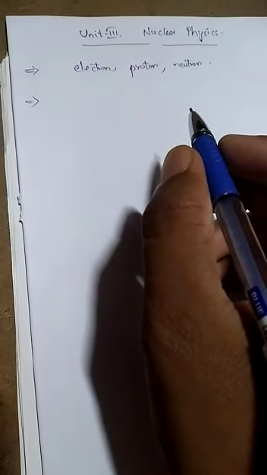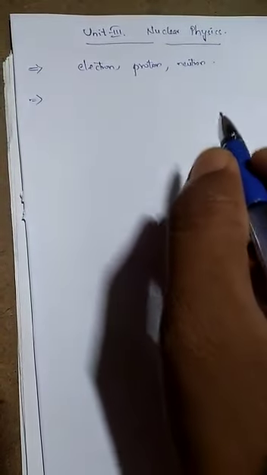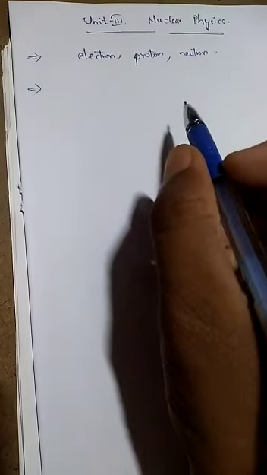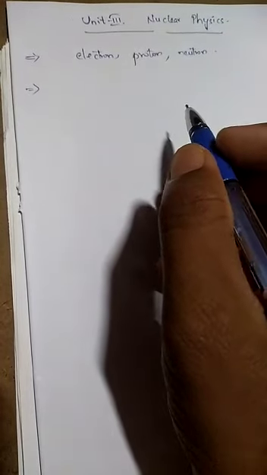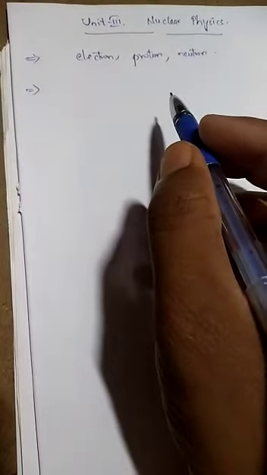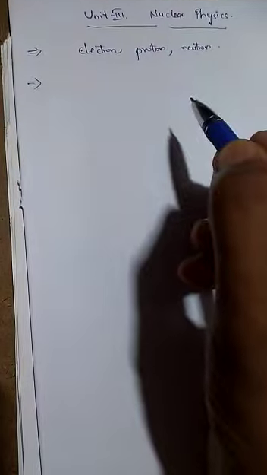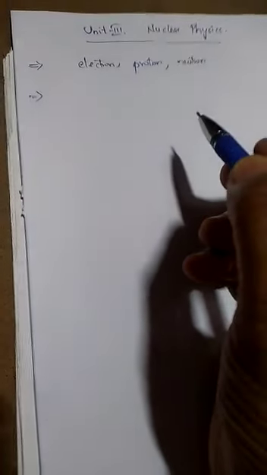So according to atomic models, every atom consists of three subatomic particles, that is electron, proton, neutron. According to the Bohr atomic model, every electron is revolving around the nucleus in a specified path in a circular orbit. So here the electron, a negatively charged particle, is revolving around the nucleus. Only the proton and neutron are present in the center of an atom. That center of an atom we call the nucleus.